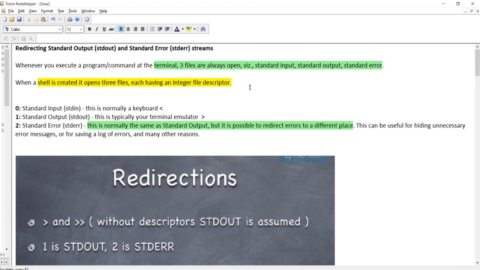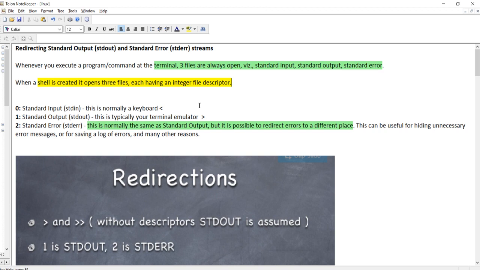Whenever you execute any program or command in Linux, there are three things associated with it: standard input, standard output, and standard error. Standard input means the input you can give to your program. Standard output is what output it produces, and standard error is what is shown if any error is encountered during execution. Standard input is basically our keyboard, so from the keyboard we take the standard input. Standard output and standard error by default go to our terminal screen.